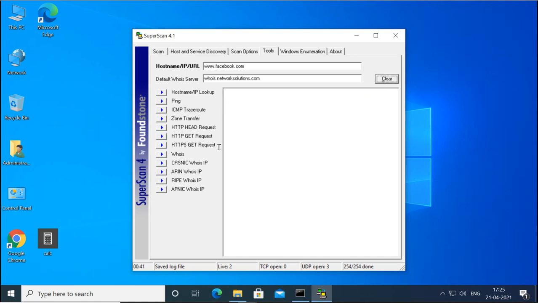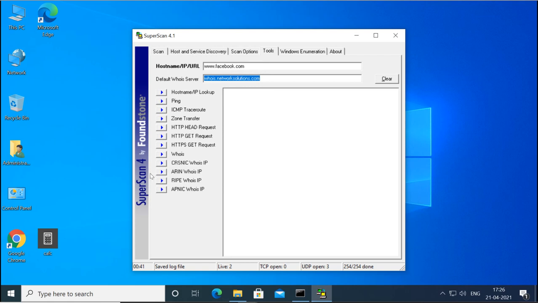Then we can try to do whois lookup, and it is doing the whois lookup with the default whois server. Now if it is not showing the result, then you can go for another server also. You can type the other server name for the whois lookup.